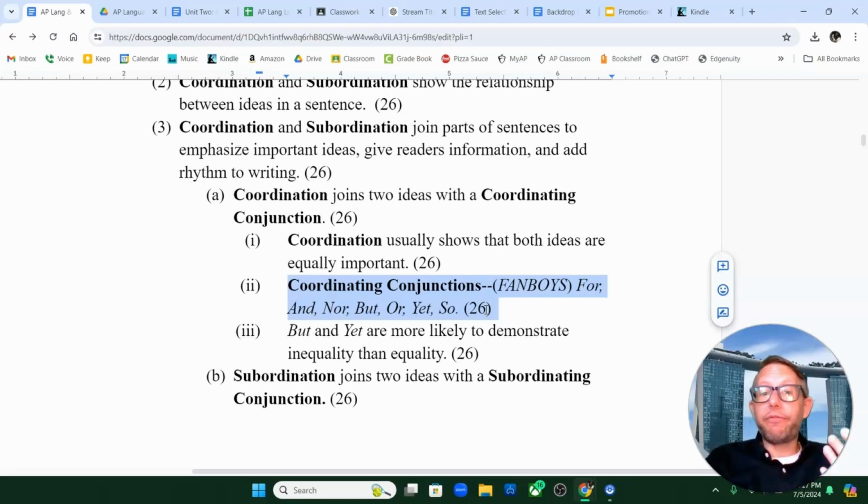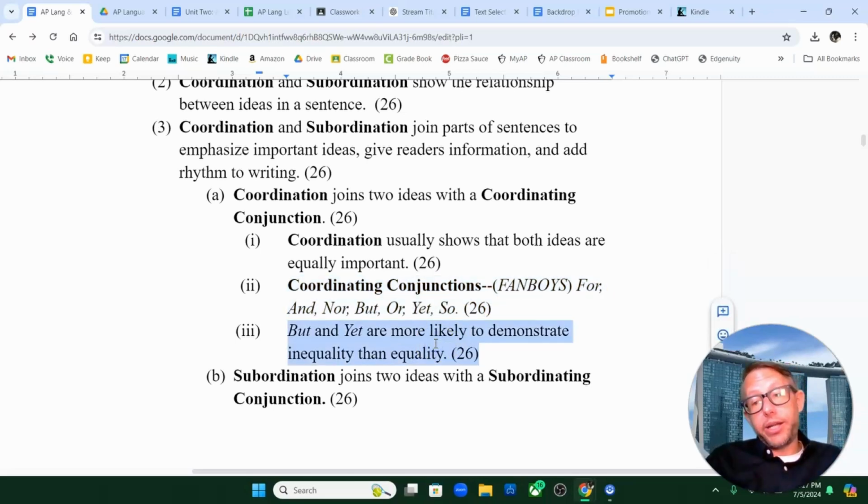And fanboys we are for, and, nor, but, or, yet, so. Those are the words that precede the second independent main clause in a compound sentence, okay? The other thing to keep in mind about those coordinating conjunctions in particular, though, is that when you've got words like but or yet,